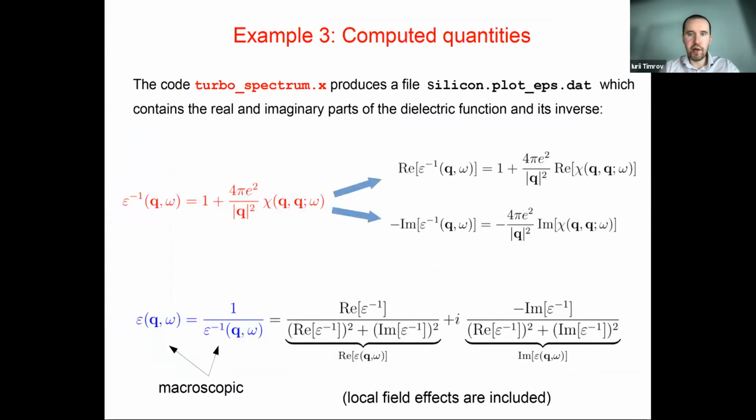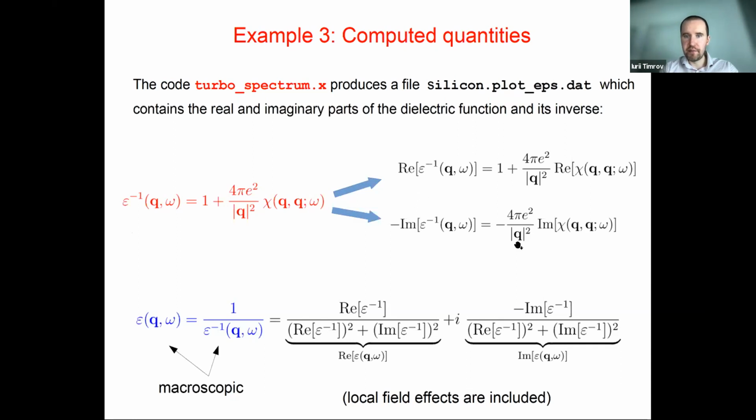Okay, while waiting, let me comment on what we are going to obtain. After these 3 steps, we will obtain a file containing information about the inverse dielectric function epsilon^-1 at a fixed q point, because q is fixed, and it will be a function of frequency omega. Of course, this is a complex function, not a real function. So we can evaluate the real and imaginary part of this function